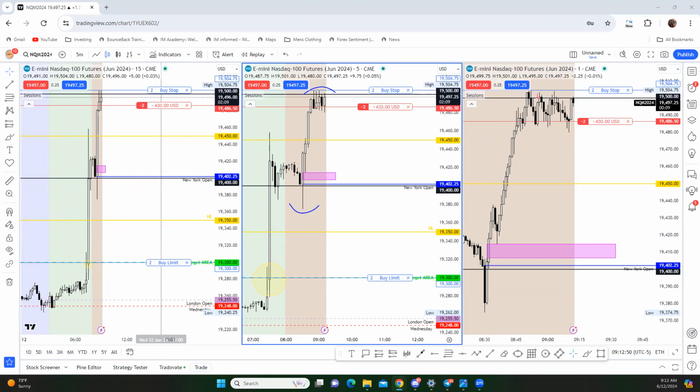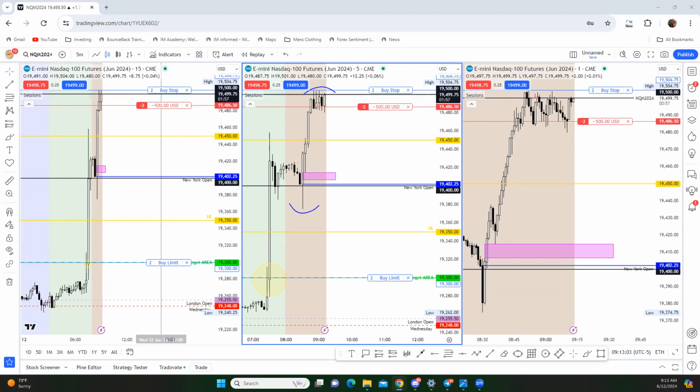Okay, so 9:15 close. Let's see what we get here. No 5-minute weakness as of right now. I still have a few minutes before the close. Price is still closing below 19.5. It hasn't really peaked above yet. But I believe if it does, it'll blast up like 20, 30 handles fast.